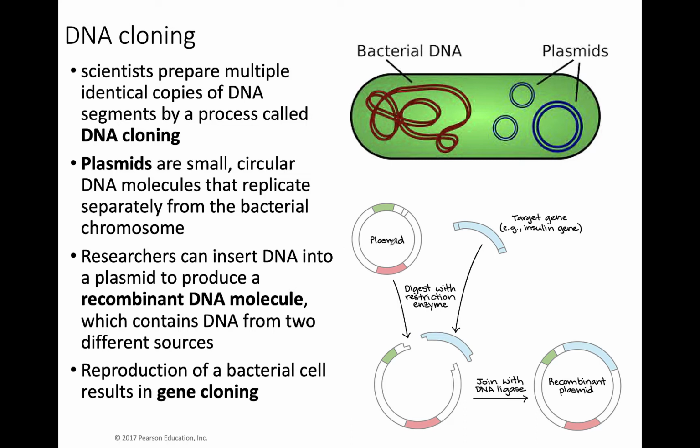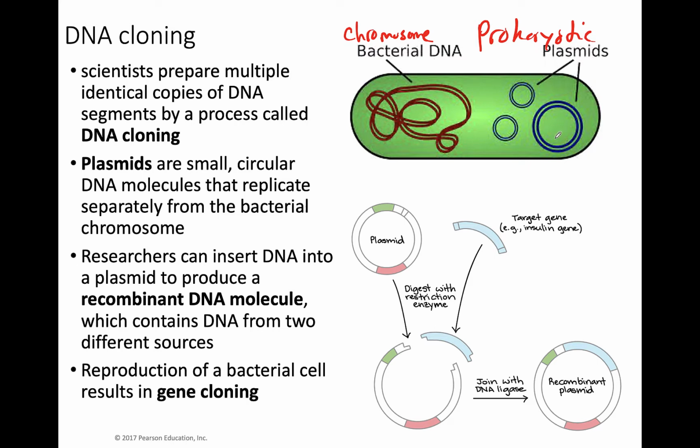A plasmid is something that we find in a bacterial cell. So this is some kind of prokaryotic bacterial cell. This is the bacterial DNA, so this is the chromosome. It's one chromosome and it's a circle. You can see it's all contained here. Plasmids are extra small pieces of DNA that are not part of the main bacterial chromosome. So over here you can see this cell has 1, 2, 3 plasmids, and they're just teeny tiny circles of